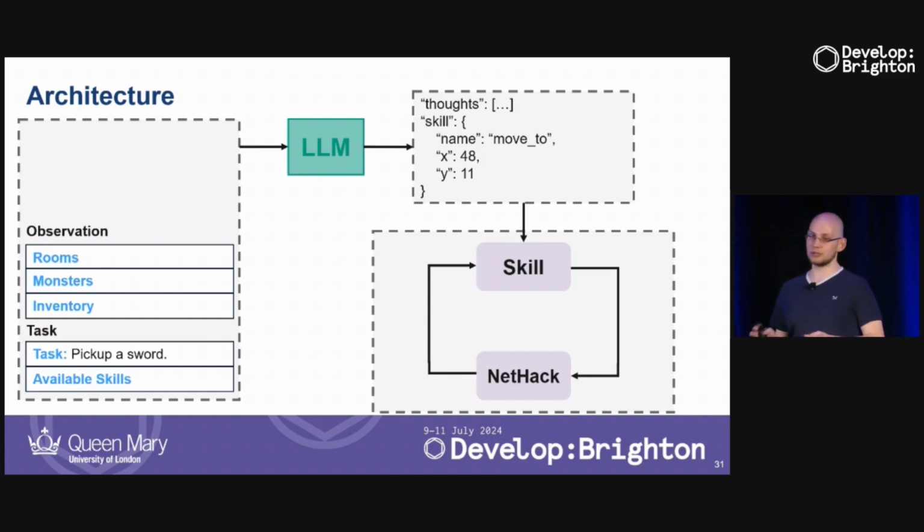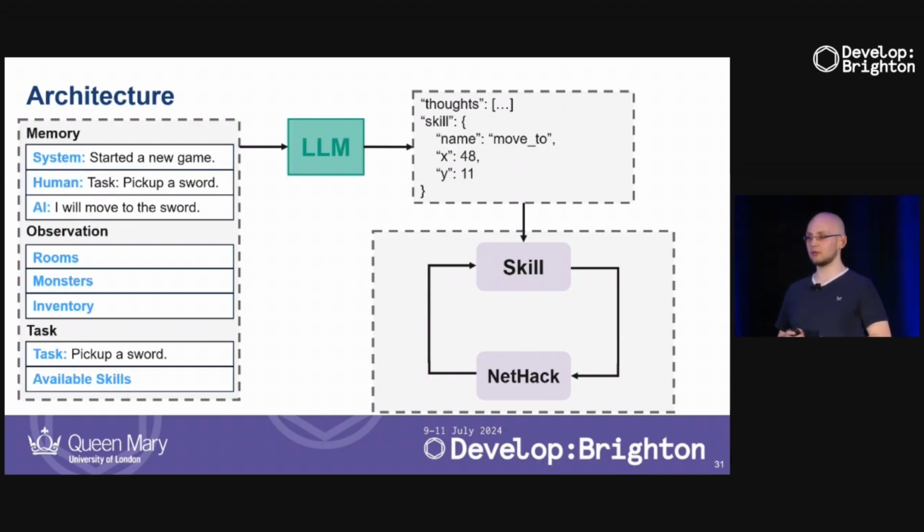They might plan wrong, or they might make a silly mistake, or something unexpected happens. So most language model agents also have a third component, which is some kind of feedback loop, where the language model receives feedback from whatever it has done before, so it can react or replan to correct itself. Now that can be done in a lot of different ways, but the way I've done it is by using some kind of memory system, where I keep track of a lot of different things that happen in the game, like what the LLM tried to do, and its own thoughts, and I'm going to put them back into the memory.